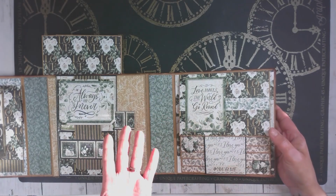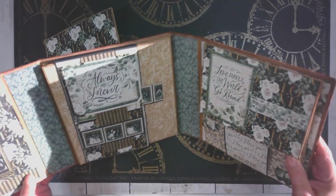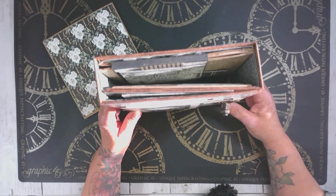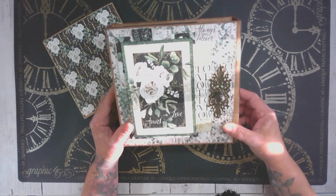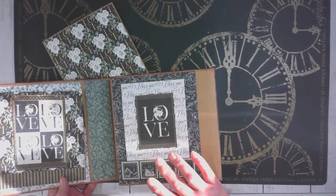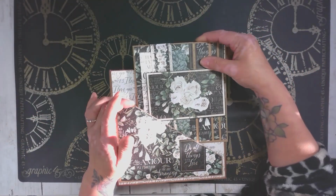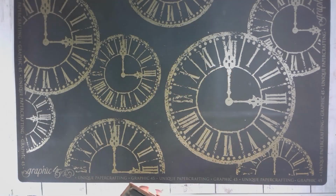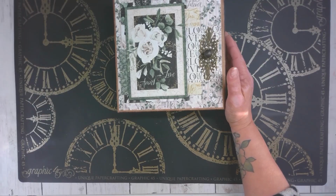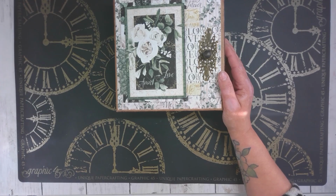You could have even put this on a flap so that you could have flapped it open and had another space to put more photos. You have got quite a lot of space still left in your folio that you can obviously expand. So that was that, and then we've done that bit, and we've also done our little waterfall booklet that goes on the back. So that is my take on the interactive folio album using the Enchanted Forest by Graphic 45 album kit volume